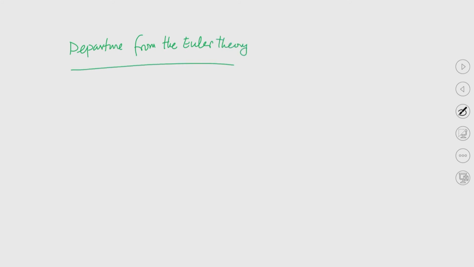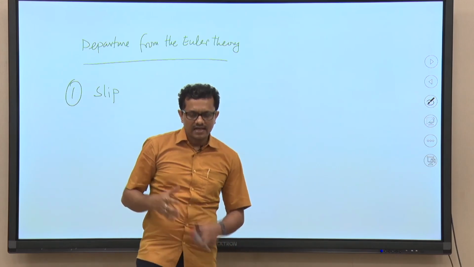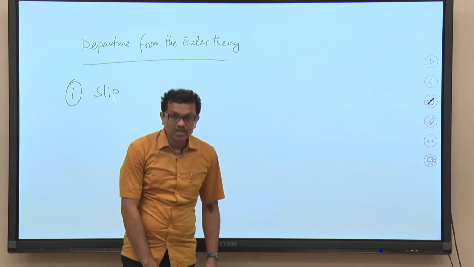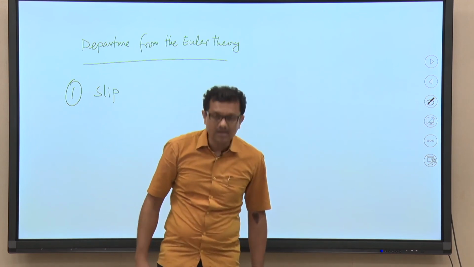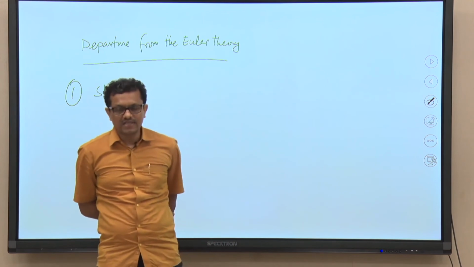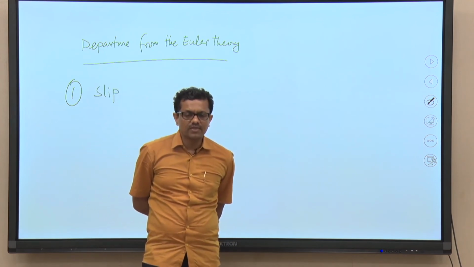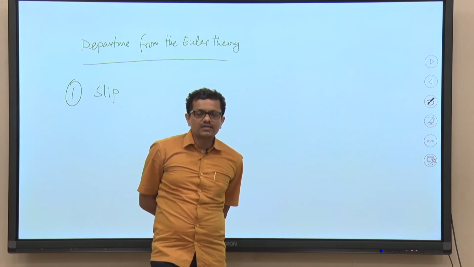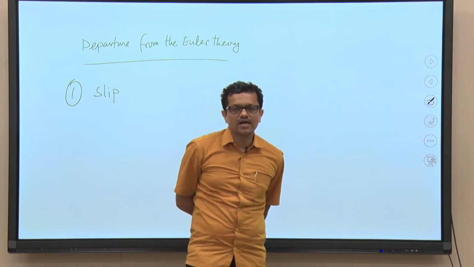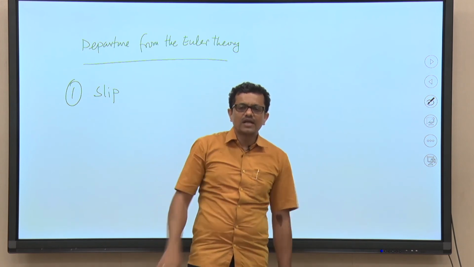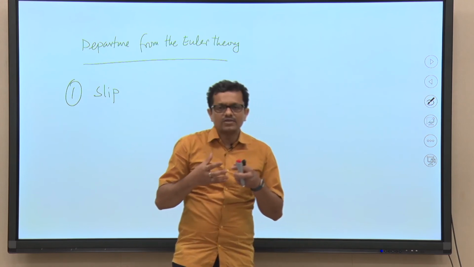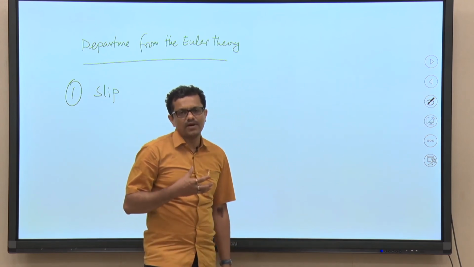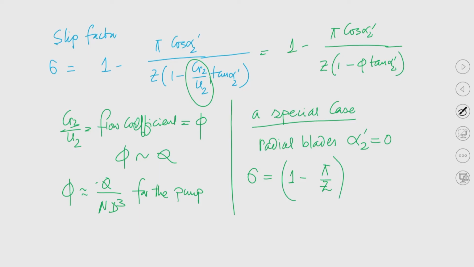Right. So, number 1, that is slip, that is what we have discussed, that the non-uniform velocity distribution is responsible for the mean flow direction to be changed from beta 2 to beta 2 prime, and the consequence will be a diminished value of swirl velocity at the outlet. Most importantly, the swirl velocity, which is very important for the head that will be developed by the pump, will be reduced. So, this is what we can see.